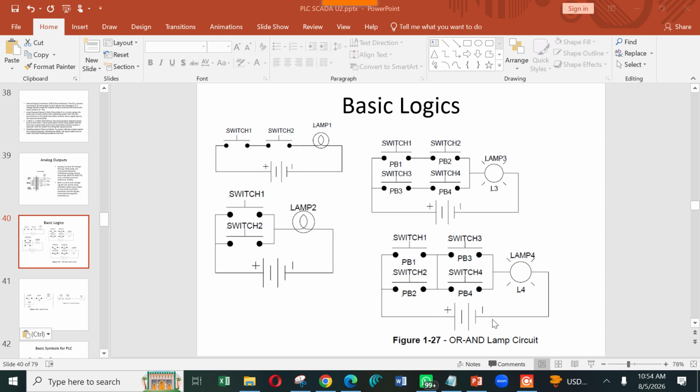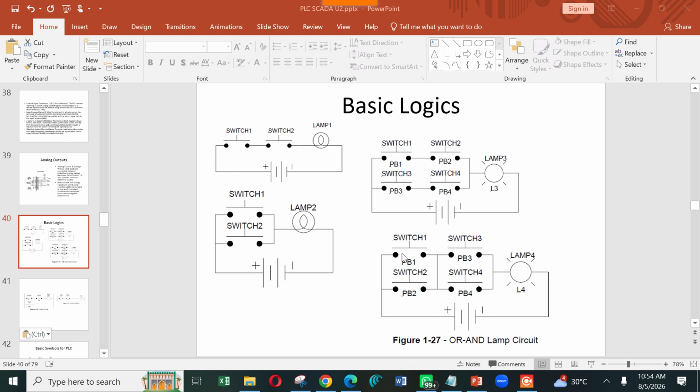Now let us see the bottom. In the bottom right side also we have used four switches, but you see the combination. The combination is more or less the same as the top right side, but we have connected an additional wire. So what will happen?